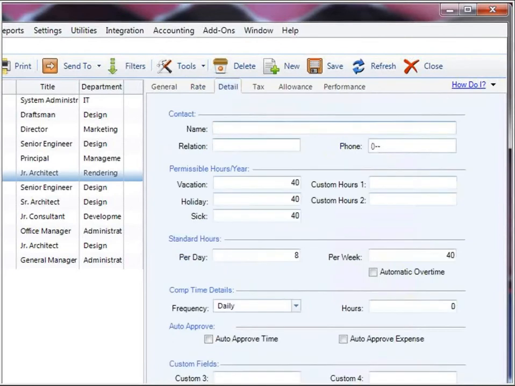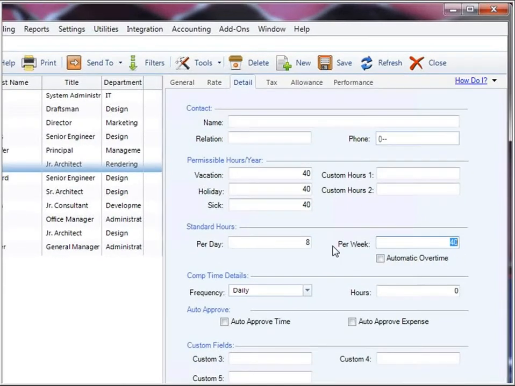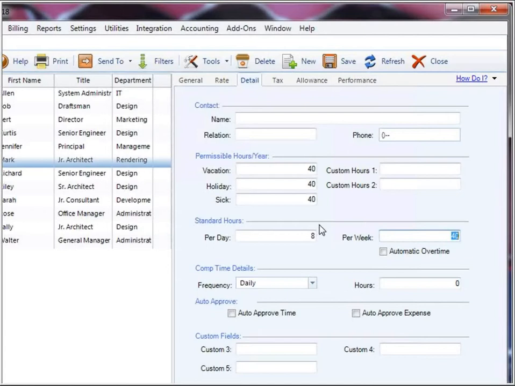On the Detail tab, this is where you would typically specify to BillQuick that his standard hours per day are 8 hours and standard hours per week are 40 hours, and you would typically go ahead and check this overtime checkbox if you wanted BillQuick to automatically mark his time as overtime when he exceeded 8 hours per day or exceeded 40 hours per week. So in this particular example, to demonstrate how powerful our overtime calculator is, I'm going to leave that overtime checkbox